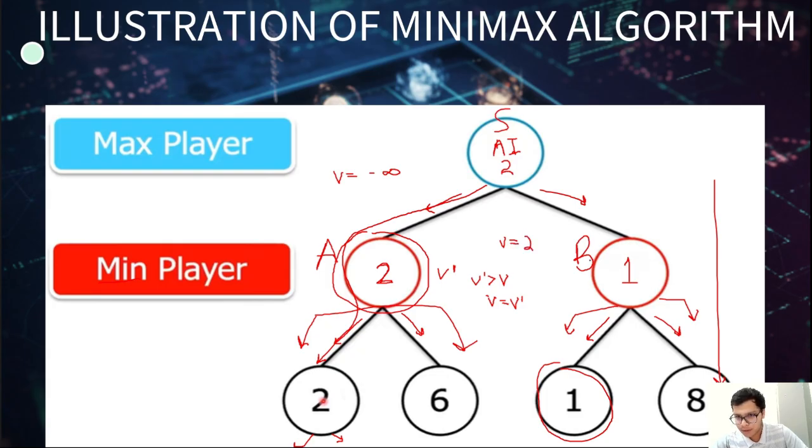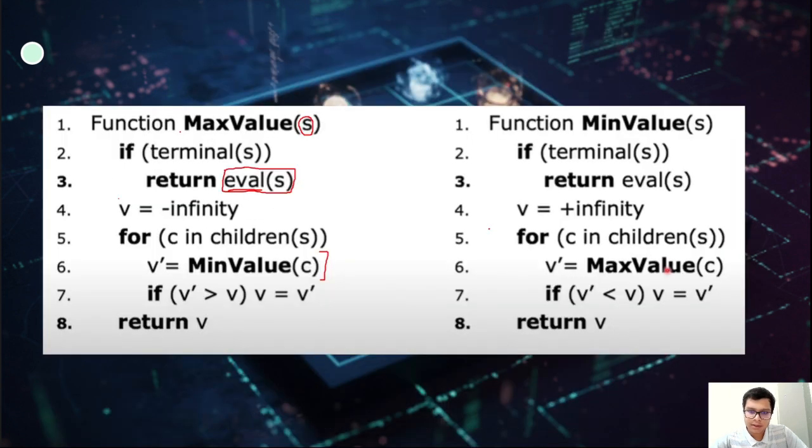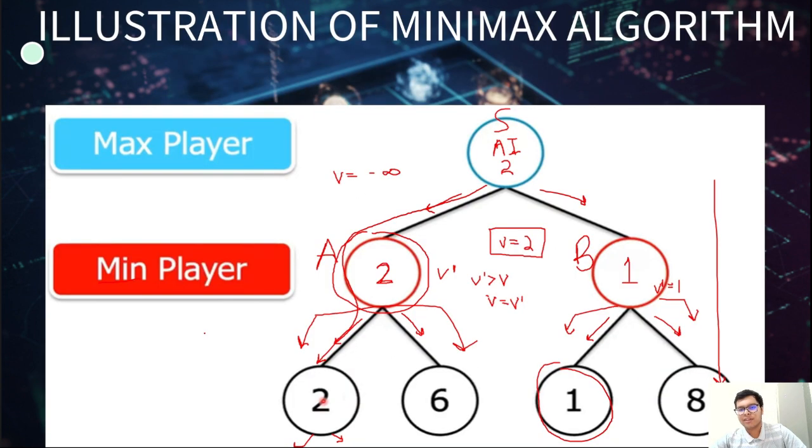Here after this our v was updated to be 2. Now this is v' for the second child. It again checks if v' is more than v, which comes out to be false in this case. So it won't update v, and the final v would be 2 only. Okay. Now we return v. We return this value 2 here, and we get the maximum. So yes, this algorithm totally works,